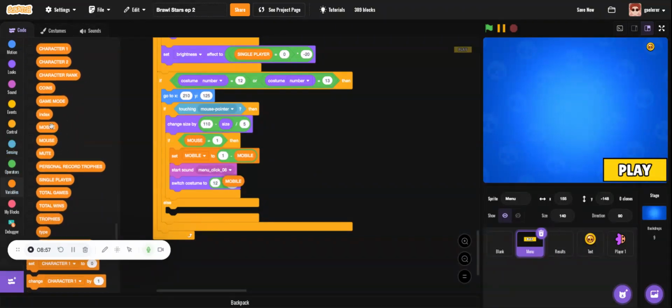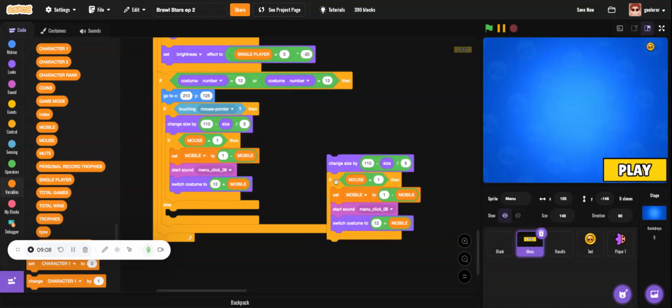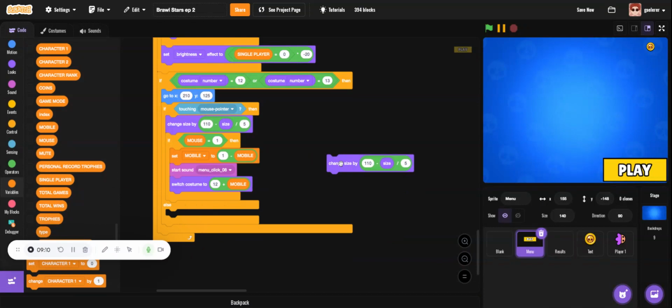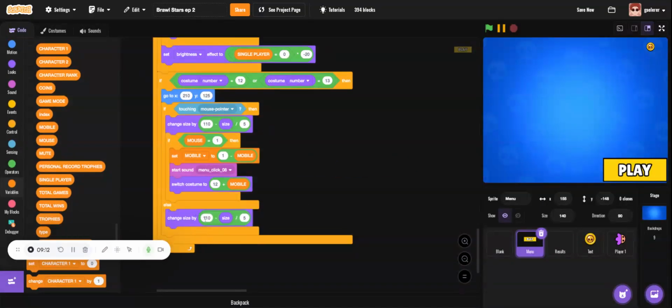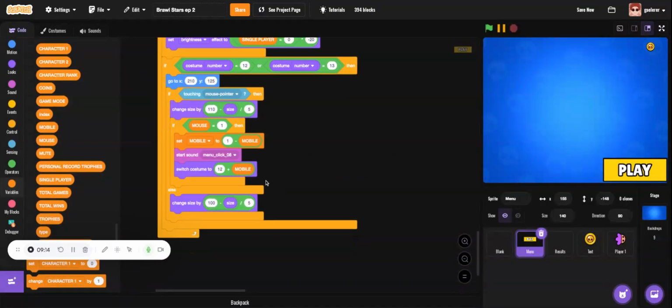Okay, and save the project. And in the else, duplicate this, and the change size is going to be 100. Okay,